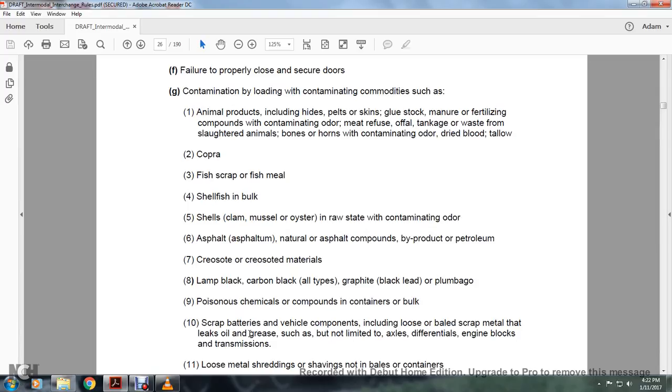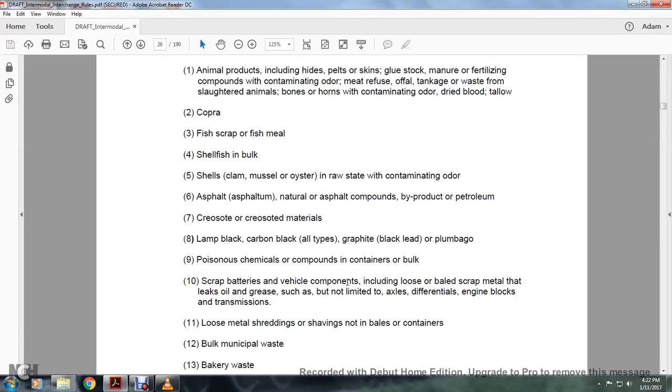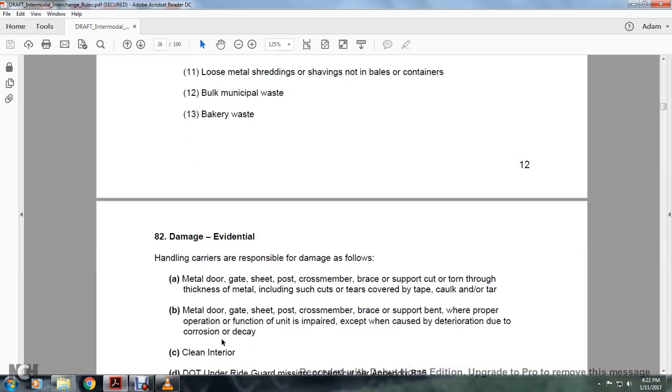graphite, black lead, plumbago, poisonous chemicals, compounds containing the bulk, scrap batteries, vehicle components including loose and bulb, scrap metals, leaking oils, grease, such as but not limited to axles and differential engine blocks, and transmission, loose metals, shredding of shavings and not in bales, the containers, bulk municipal waste, bakery waste,